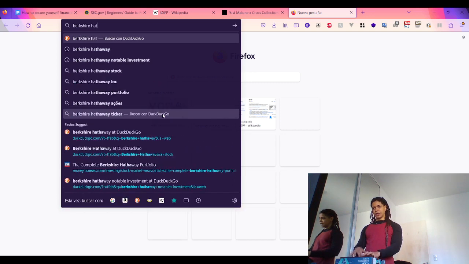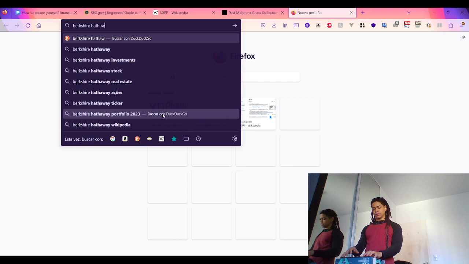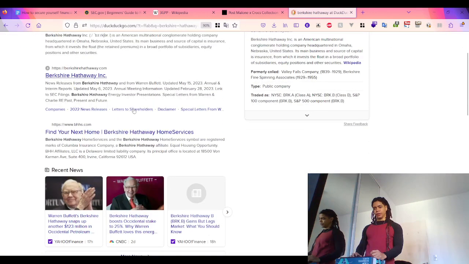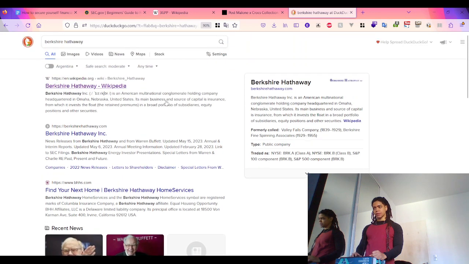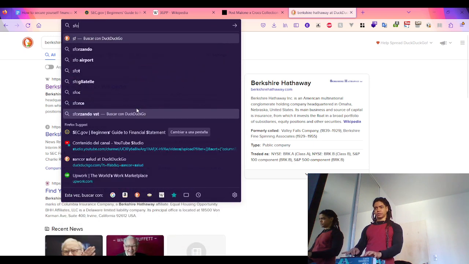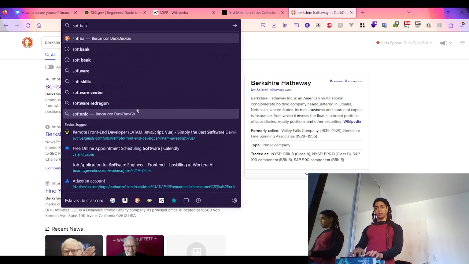So, for example, Berkshire Hathaway, led by Warren Buffett, which is a holding company that invests primarily in sectors like energy, real estate, retail. SoftBank, which is a Japanese conglomerate,